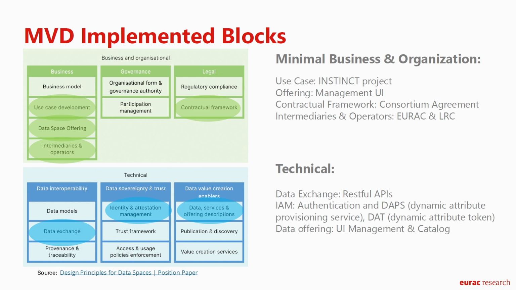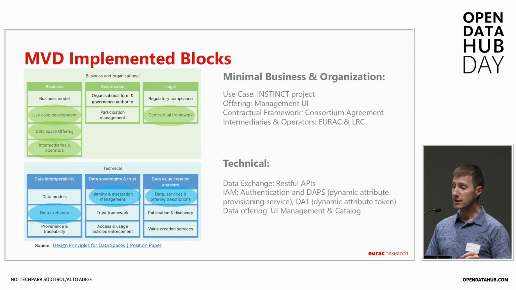The second group, we set up three of the components of the Dataspace that compose the real IT infrastructure. So here we have all the APIs to share the data, to discover the data, so the metadata management, and also to control the authentication and the identity of the users of the Dataspace. So this is what we call the minimum set of components to set up the first Dataspace